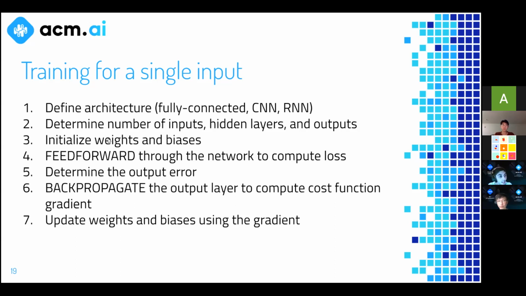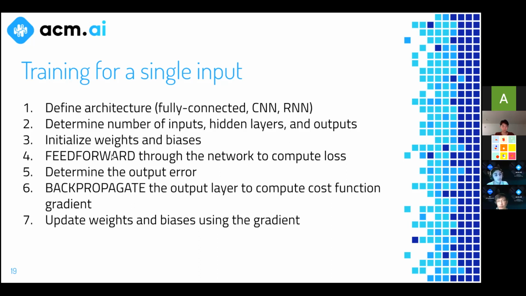Okay, so that's step 2, initialize weights and biases, right? So we discussed this last week. To do this for our case, we're just going to be simply giving them random values. Let's just say random values between -1 and 1, right? So for now, we're just going to be initializing these randomly. There's some things you can do to make it more likely to be towards values that would be more optimal for the network, but we're just going to be doing them randomly for now.